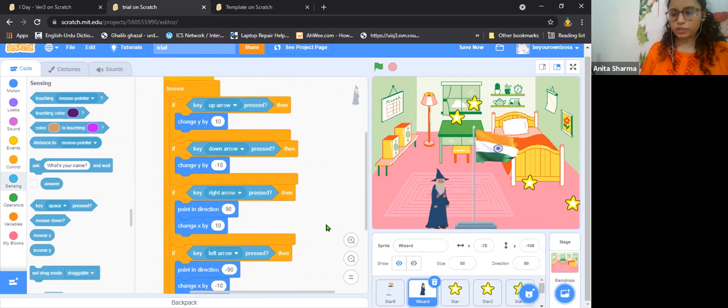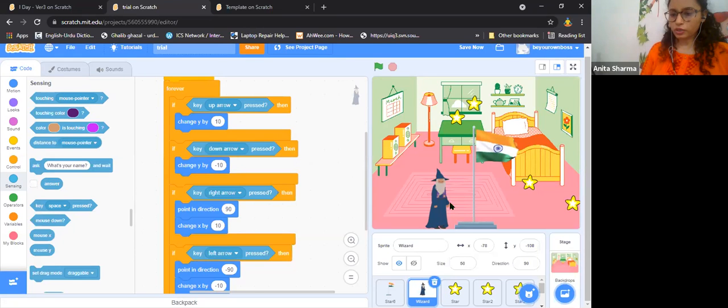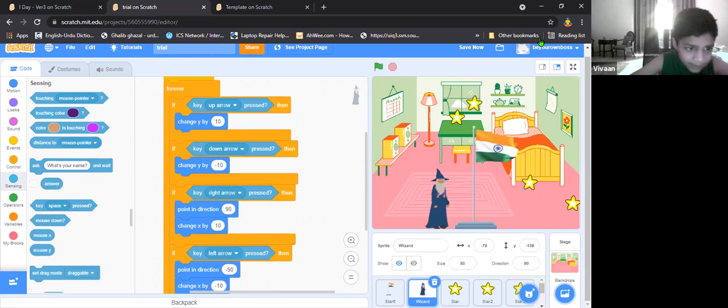Okay, so we are going to code for the star now. Ma'am, the starfish is not showing in my system. Star sprite is not there in your system. Yes. Ma'am, that is also here because the whole thing got deleted somehow. So the star sprites and all is not there. You'll have to add it and do the code all again.